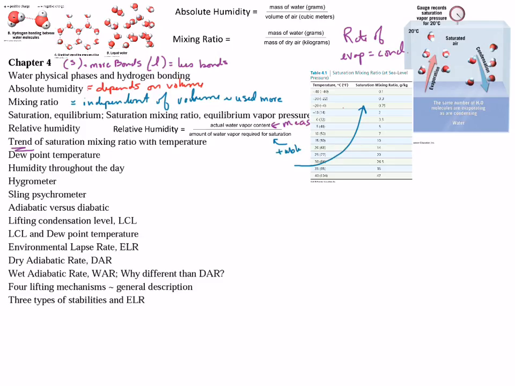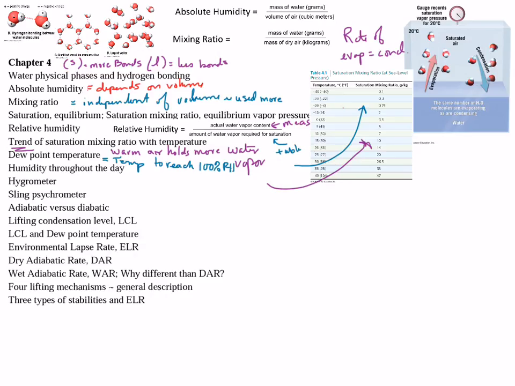And then usually people come to this class saying that warm air holds more water vapor, and they're right. Actually, in this saturation table right here, as you increase the temperature, going from the top down, you increase the water vapor that it can hold. So that's the trend. Warm air holds more water vapor. And then dew point temperature. That is the temperature you need to cool the air down to in order for it to become saturated,